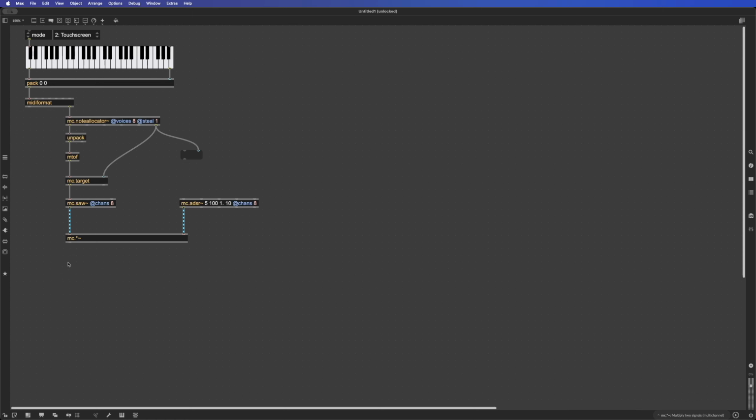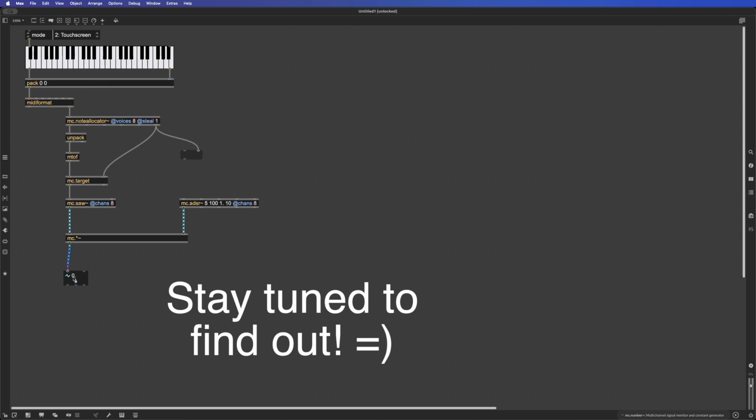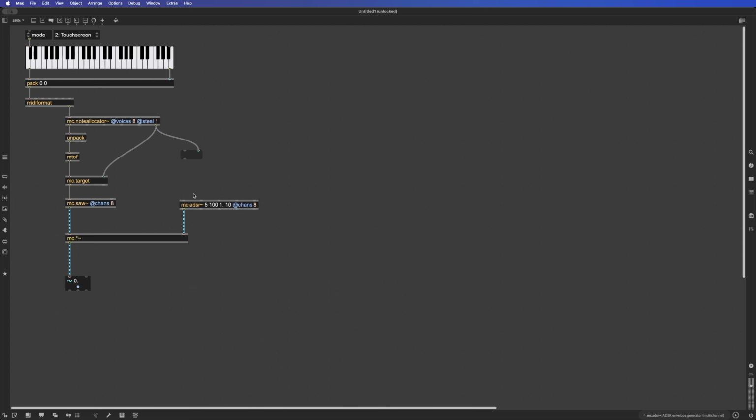So if I look at the output of this MC multiplication object, let me just use an MC number. If I plug this in here, you'll see that it has only 1. That's probably because, let's see, why is that? It should have 8. I swear it will. Let's figure out why. So let's go and add in the rest of the parts here, starting with